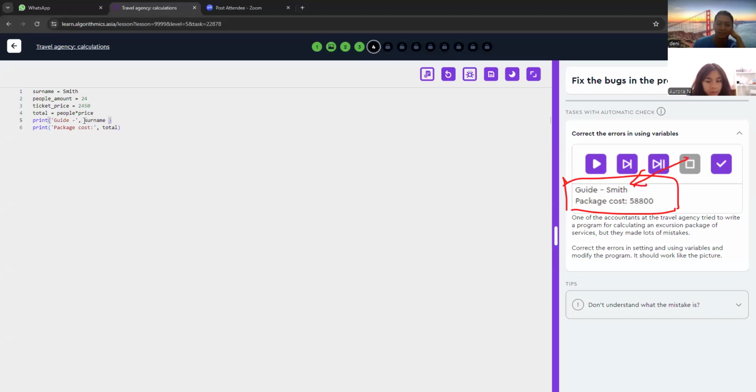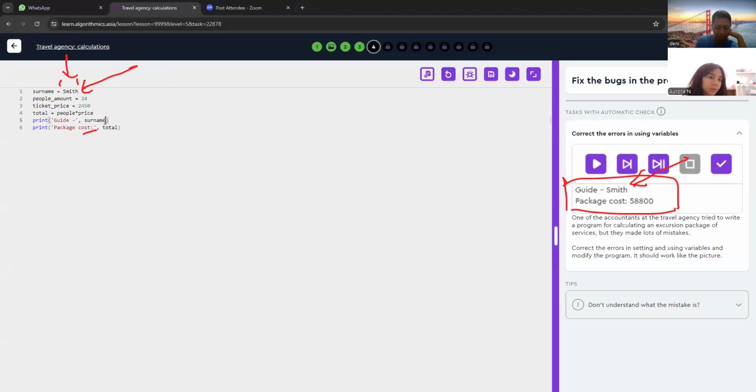Yeah, that's right. But as you can see here, Smith, is it a string, like words, or a number? String. Yes, string. So you need to add quotes to this Smith, not this variable. For a variable, you don't need the quote.